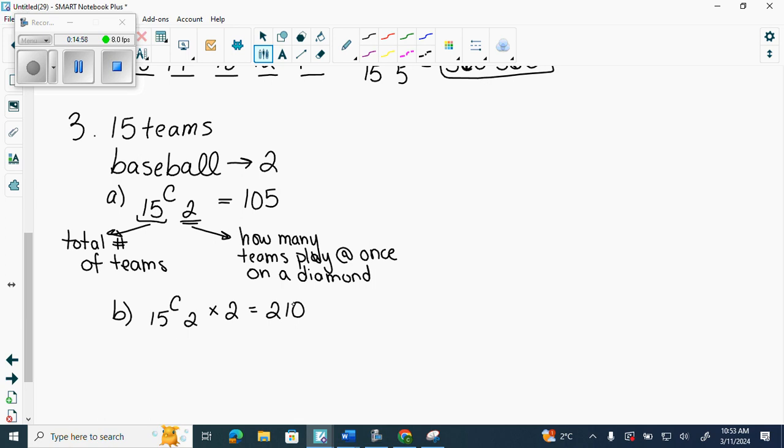Twice means I take the number of games I play once and times it by 2, and now I have them playing twice, which makes sense. If they play each other once, then I get 105 games, correct? If they play each other twice, I get twice as many. Yes? If they play each other 3 times, what's going to happen? 15C2 is them playing each other once, times